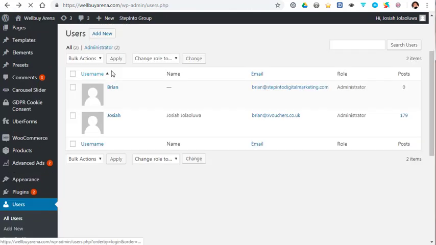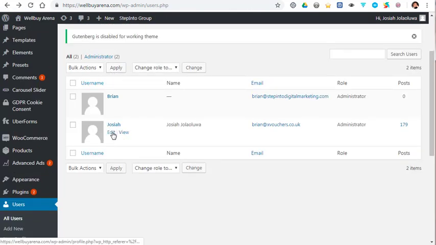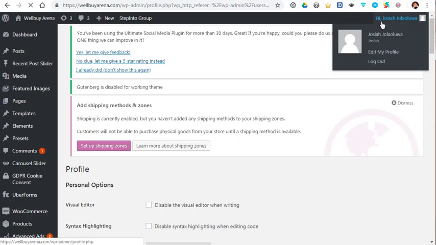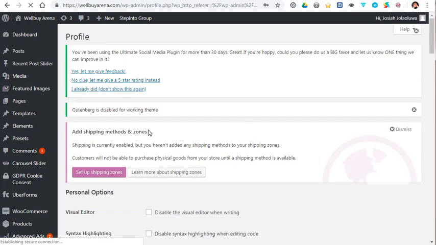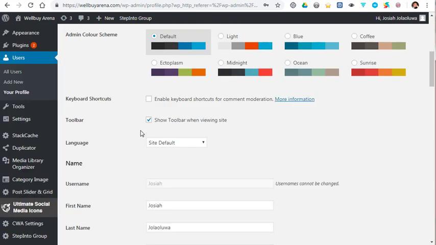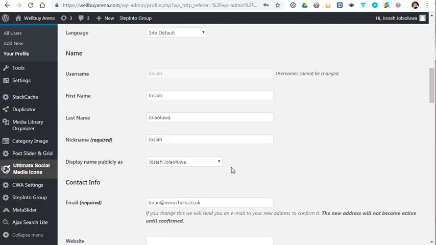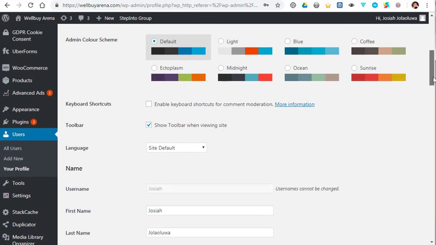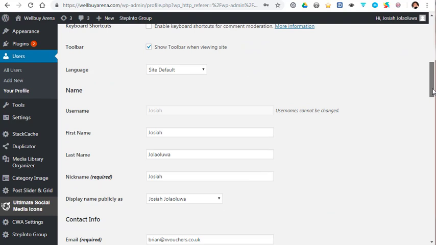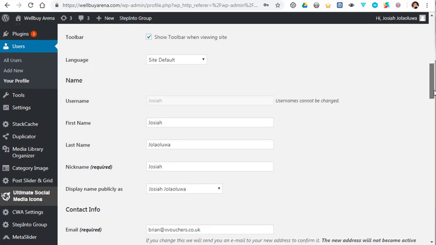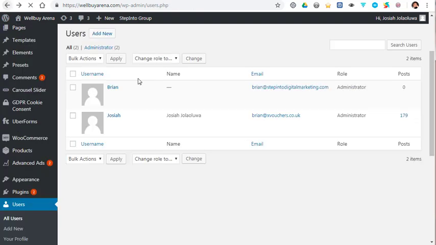So when we go back to yourself here, and remember I am logged in as you right now up here, you will find that you cannot change the role. However, if I log in as me as administrator, I will be able to change your role. You can't change your own privileges. So if you want to do that, the best way to do that is make a new user